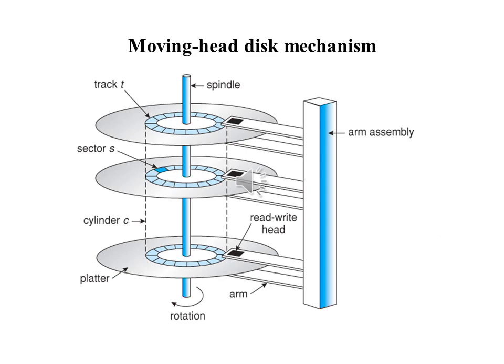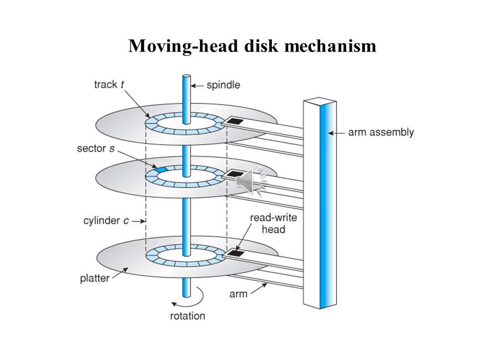So this is the diagram we were just talking about in the last slide. This is the complete structure of the disk. You can see in this diagram a moving head disk mechanism. First you can see the CD-like disk, which is called the platter. It consists of tracks, and these tracks consist of sectors. You can see track T, sector S, and in the third position the cylinder C, and lastly the platter.